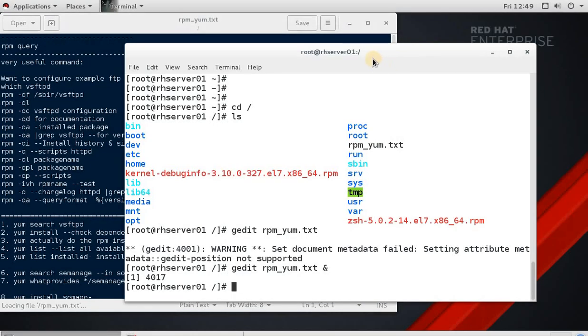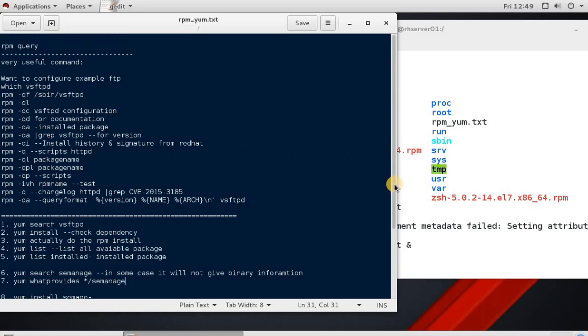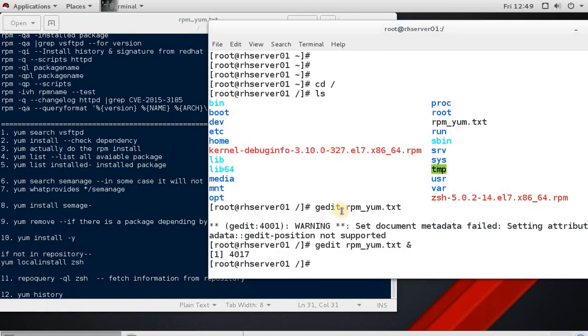Okay, so we just checked search, install, and listing the command, and also what provides. So let's see what the other important yum commands are which can be useful. The other useful command, which you have probably already used or are aware of, is the -y flag. When you are going to install any packages, for example, in my case I just wanted to install